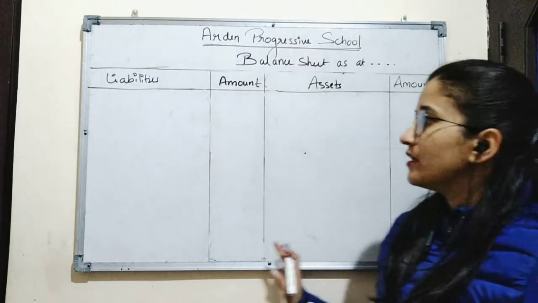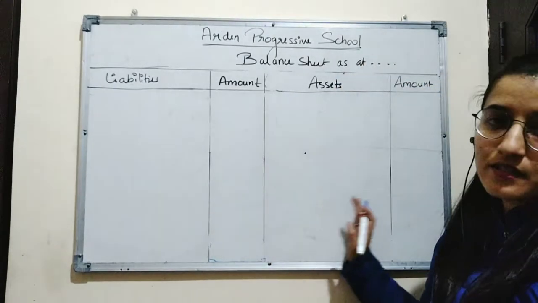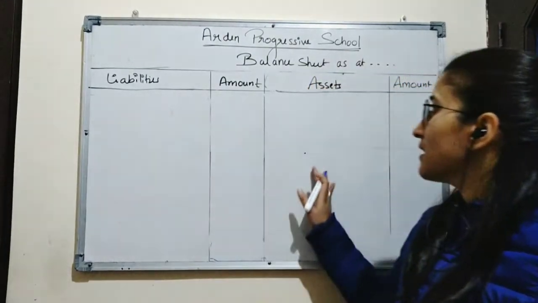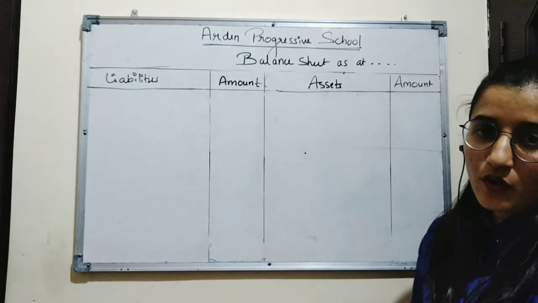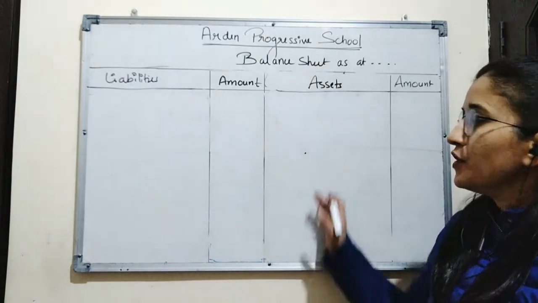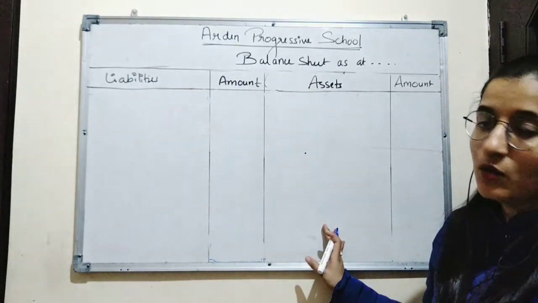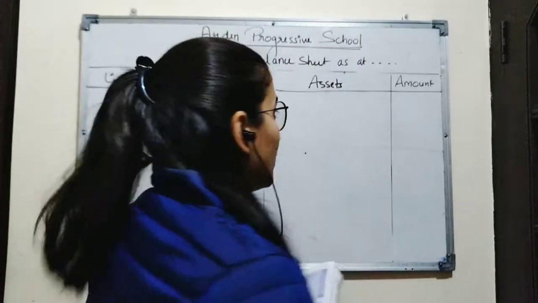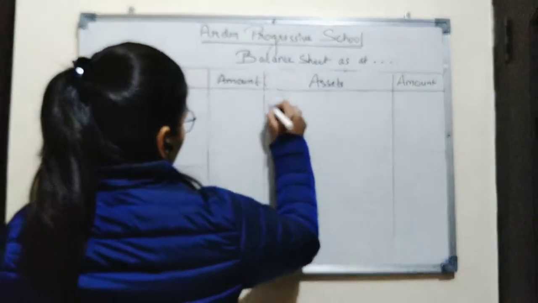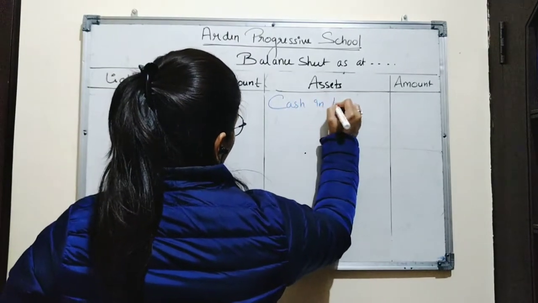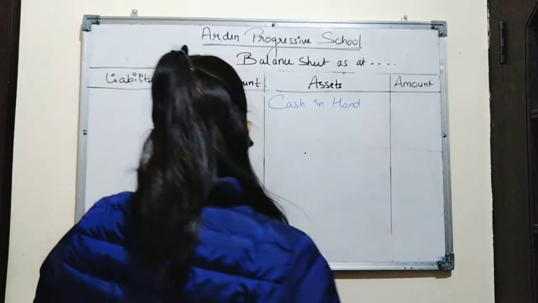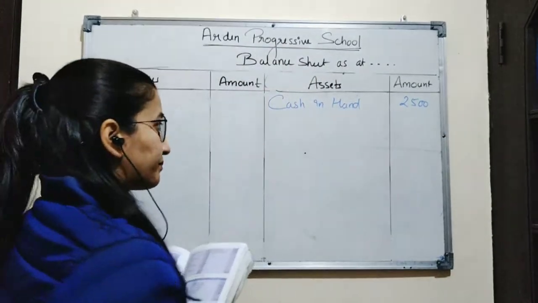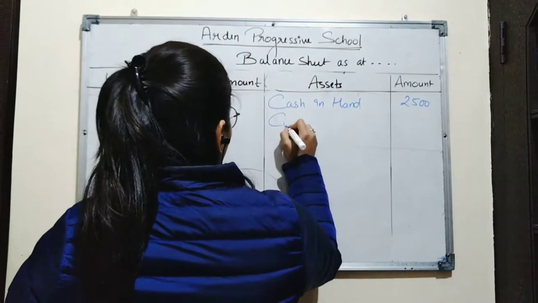Format of balance sheet is liabilities, amount, assets and amount. We will record all the items of liabilities and asset according to the order of liquidity. So first we will record the items which will be included in asset side. According to the order of liquidity, the first item will be cash in hand. Amount is rupees 2,500. Next will be